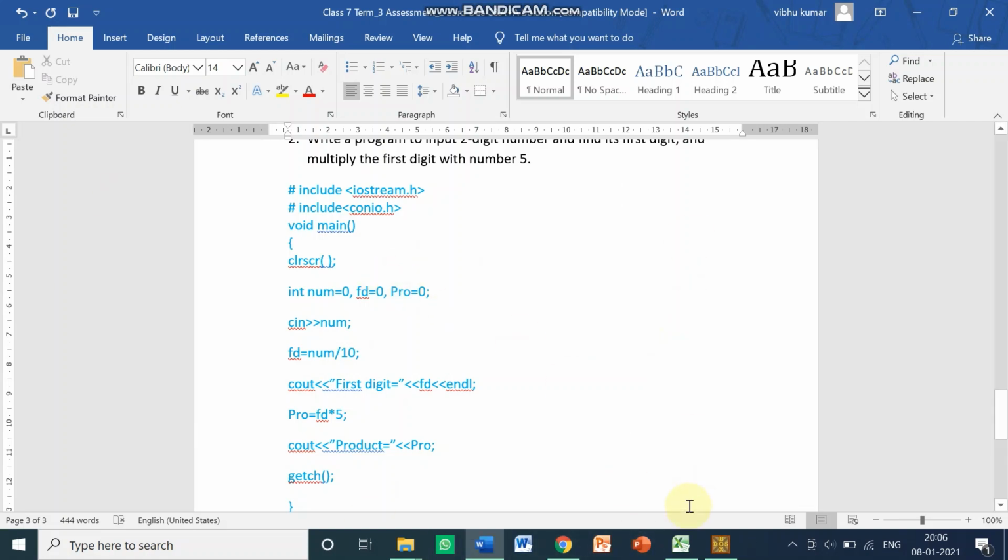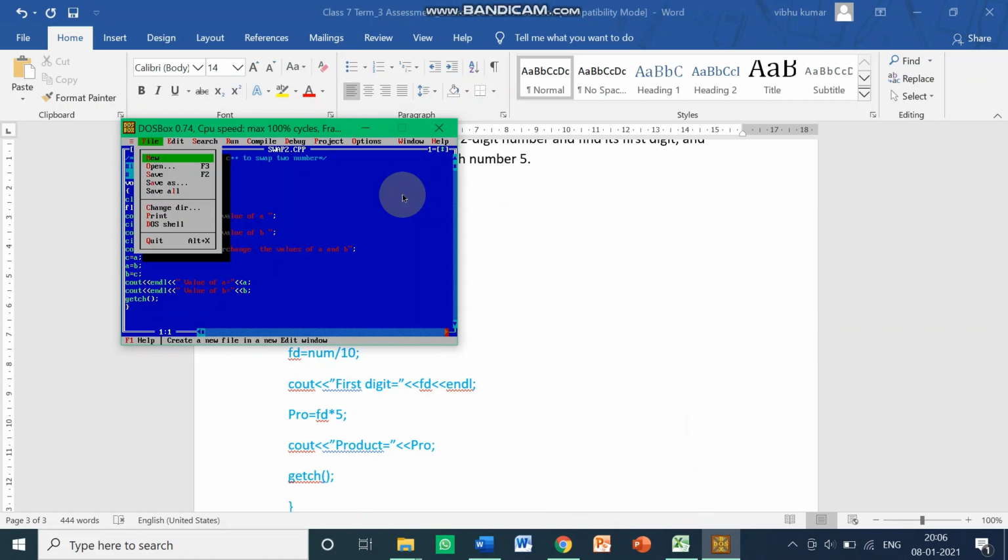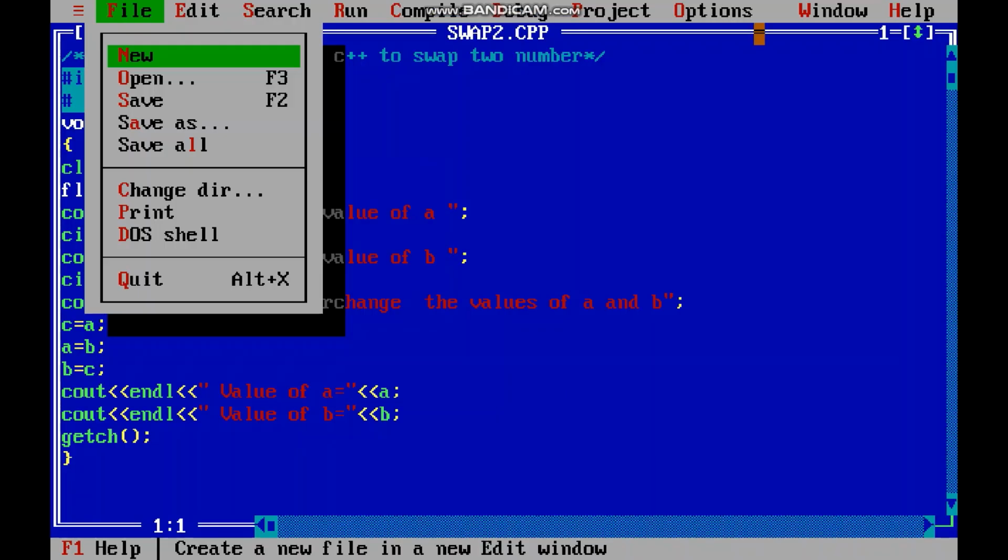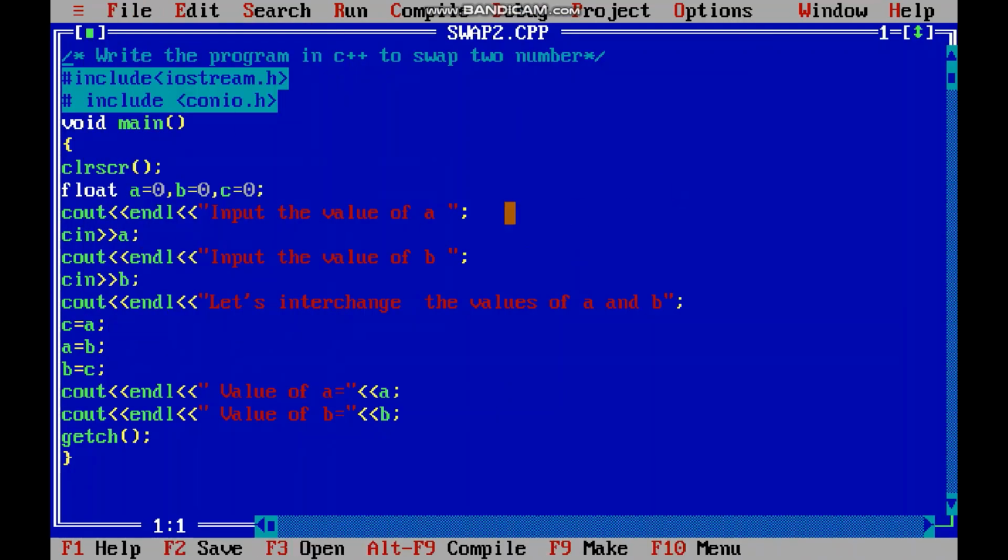Now I'll show you the C++ programs here. So you can see, children, here I have written this program, and you can see simply 3 variables I have taken. Here I have used C as a temporary variable. Then I have inputted the values A and B, and then we have used the temporary variable.